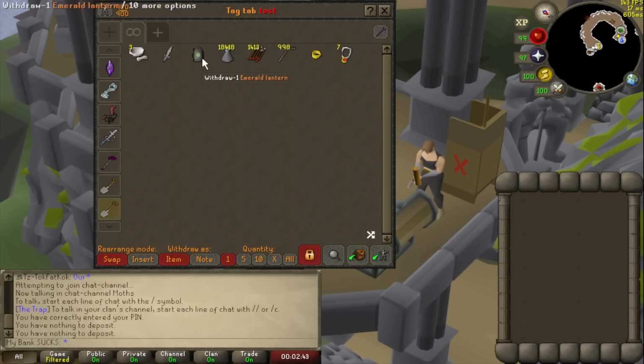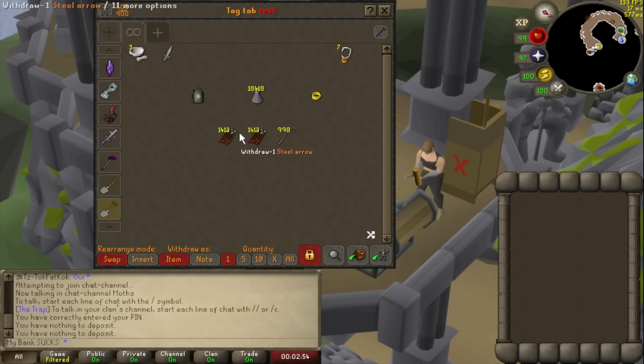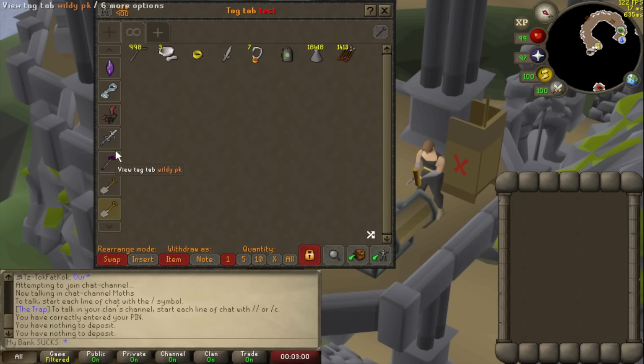Within a tab, you can drag items around and move them to wherever you want to, which is really nice. You can also right click and duplicate, and you can right click and remove duplicate. This allows you to click multiple things in a row. So for this tab, this is just an example of how to set it up. But if I get rid of this and show you one of my own tabs,